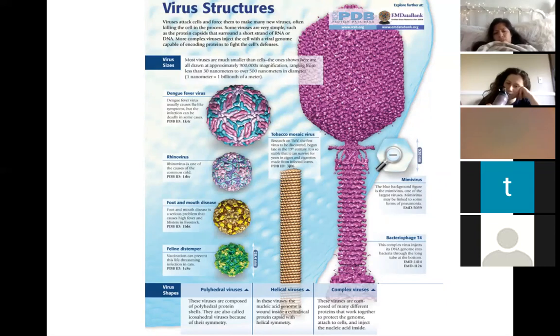And so some of these viruses you're probably familiar with: feline distemper. If you have a cat, this is one of the things they've been vaccinated for. Foot and mouth disease, if you have a toddler, or if you don't have a toddler and have one someday and they go to daycare, this runs through daycares like wildfire. We had the pleasure of getting to experience this. Rhinovirus, right, if you've had a cold, this is one of the causes. Dengue fever, I hope you haven't had, but maybe if you've done mission work, that could be the case, right? And you could throw HIV